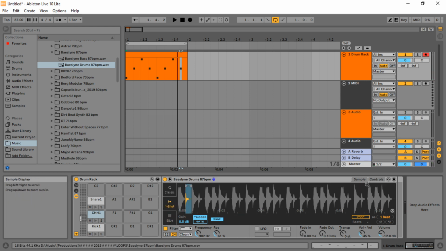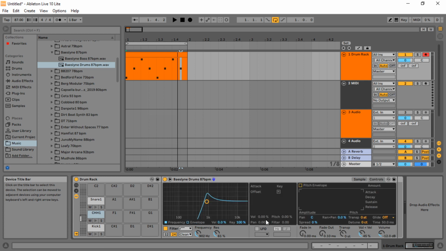On the individual sample controls, one of the things I totally love about the drum rack is I can grab this LFO here, and then I can use that. So if I put it on the most that I can get it, and I put it on a random sample and hold sort of style, and then I apply that. Now that I've got this LFO, I can use that to modulate automatically any of these settings. So if I grab, for example, the filter, now when we're playing it,